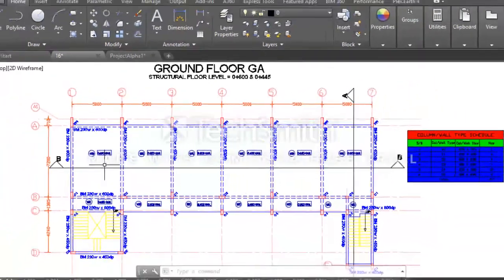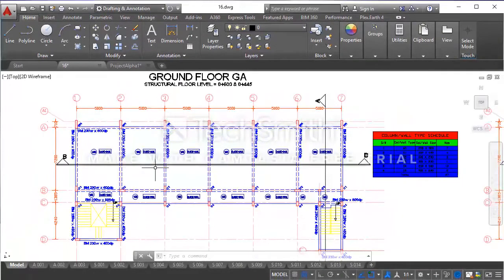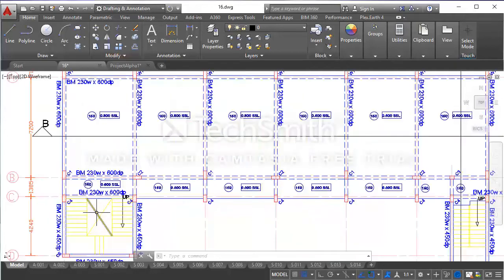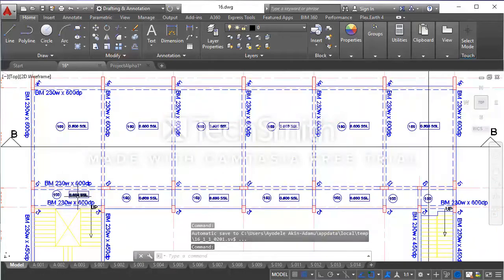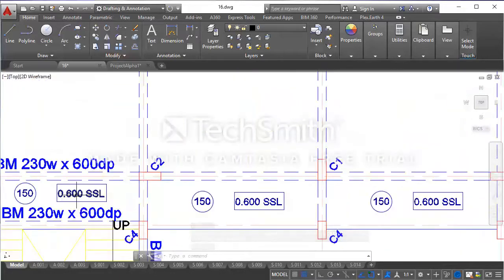Now the last edit, okay, not the last edit. I want you to know that the slab between A and B is a slab at elevation 600, and between B and D is a slab of elevation 445. Okay, this elevation tag is supposed to be 445, not 600. So I'm going to change the edit once more to 445.